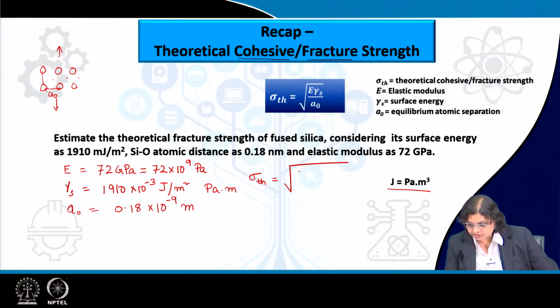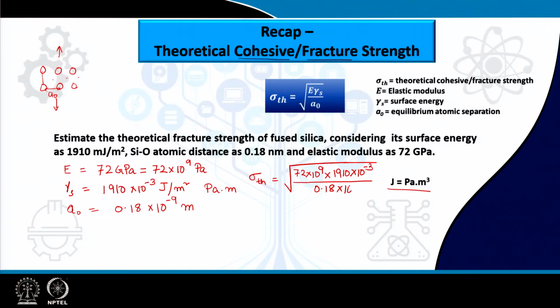So, what it says is 72 into 10 to the power of 9 into 1910 into 10 to the power of minus 3 divided by 0.18 into 10 to the power of minus 9. So, if we simply solve it,